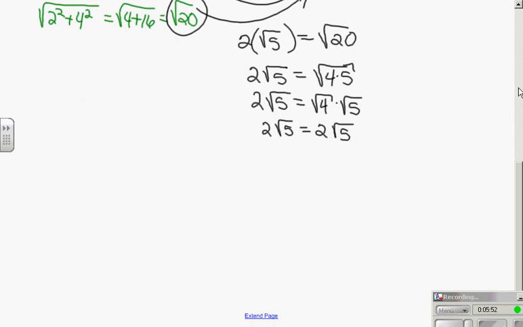If you went to your calculator and took 2 times the square root of 5 and you did the square root of 20, you would be about the same. Remember the rounding error, but you would be about the same and close enough to make the statement be true. So there is your